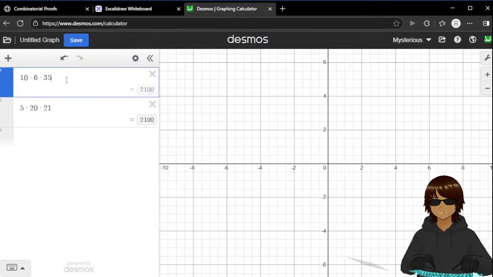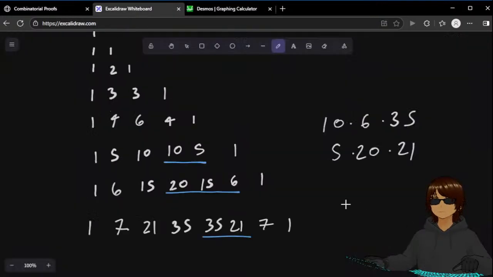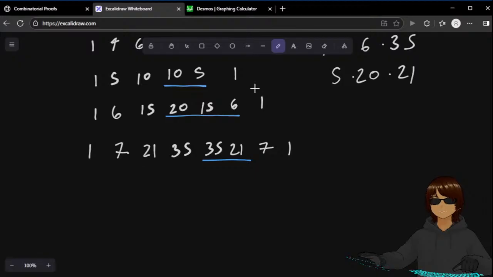Then 6, 35. Oh, it's the same. So basically, what they're saying is if we have n choose k, we pick the one above. So 5, 10, 21. That would be